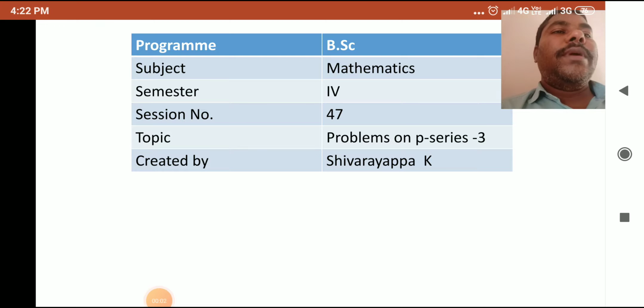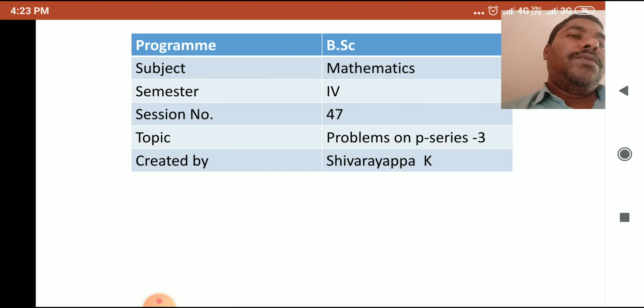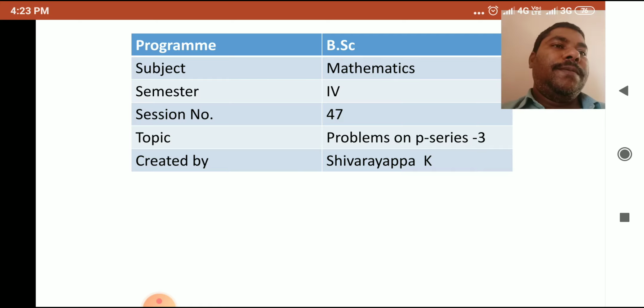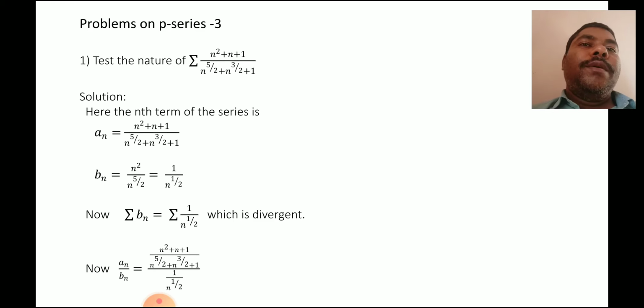Hello to everybody. Now I'm going to explain problems on P series. So here I'm going to test the nature of summation (n square plus n plus 1) by (n raised to 5 by 2